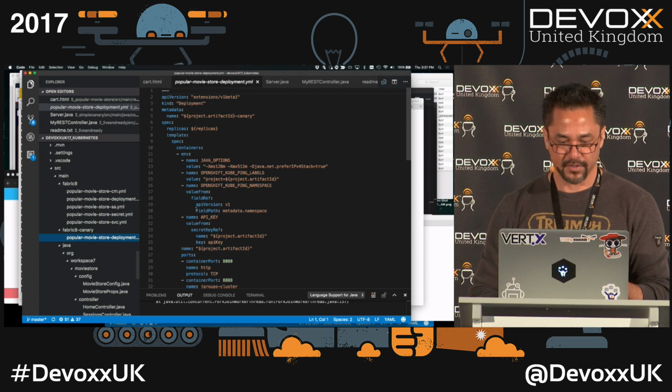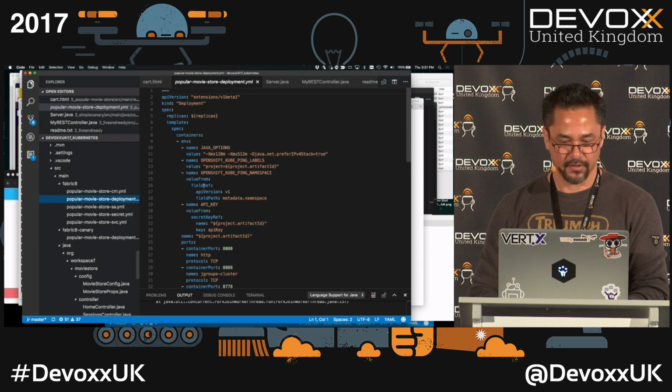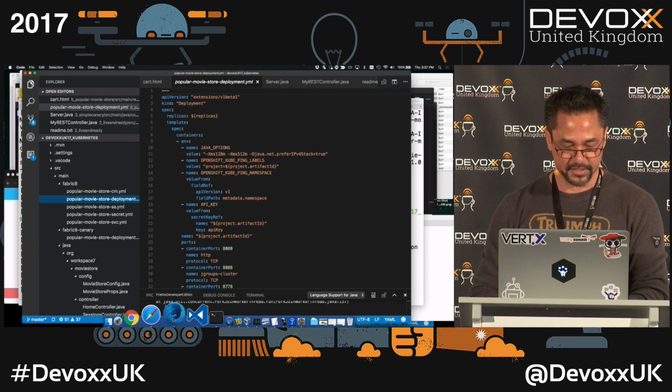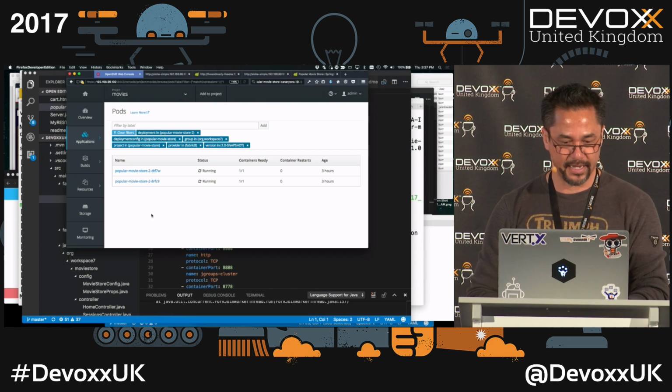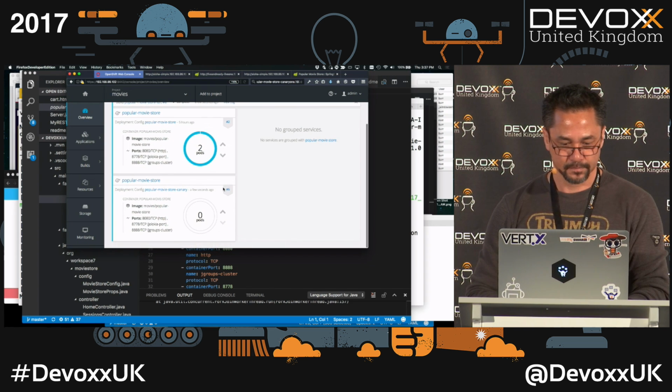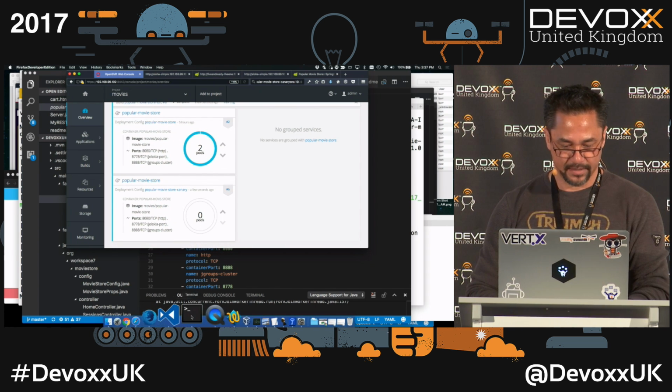And they're only slightly different. The primary thing is that on the canary side, we actually deploy with 0 replicas, and on the main one, we deployed with 2 replicas. So that means we have a 2 and 0 out of the gate. And if all goes well, let's look over here at our user interface. Okay, and if we got those guys deployed,